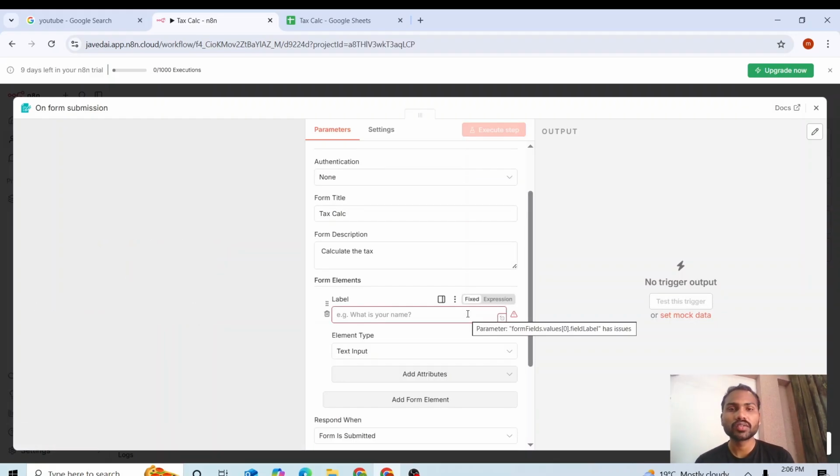Then we are going to add form elements. If you don't know how to attach Google Sheets and how to create forms with n8n, you can watch day 4 and day 3 of the AI Automation Masterclass to get a better understanding of the base level of these sorts of n8n AI workflows. Okay, so now we have to add labels in our form, which is basically